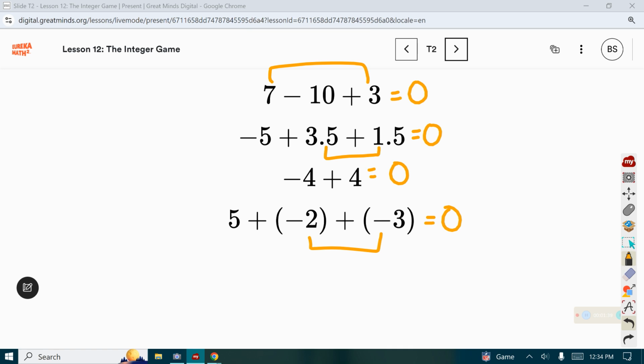We might notice some differences in the expressions that we could bring out. This is the only one that has a subtraction in it. The rest of them are addition. But we could argue they all belong because they have a total of